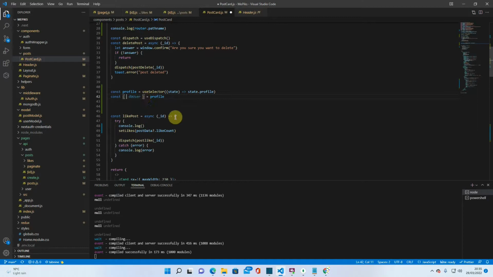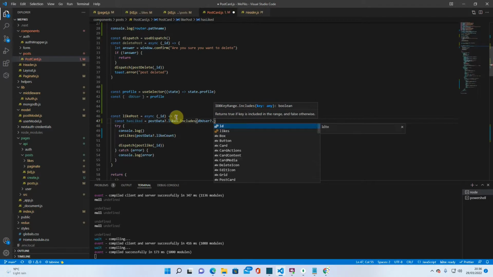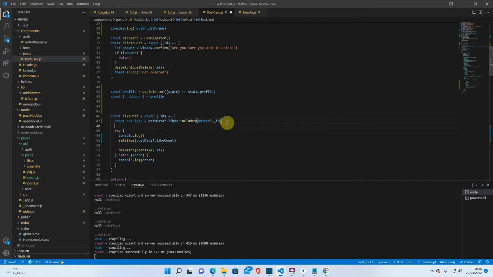But anyway, in here we need to say const hasLiked is equal to postData?.likes. So we're checking in this array for includes. So if includes, and then what we're checking is that the DB user, we want to put this question mark because otherwise the DB user might not be there, dot dbUser._id. So we want to check if this _id is in this likes array of _ids, and if it is, we need to say if hasLiked, then we want to